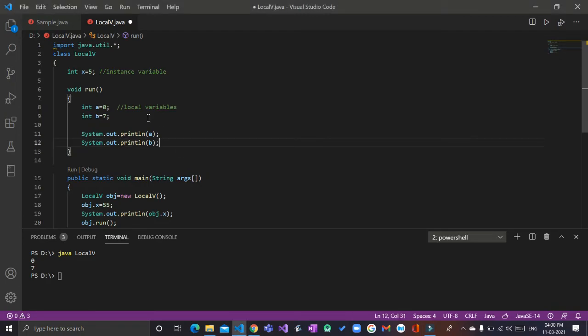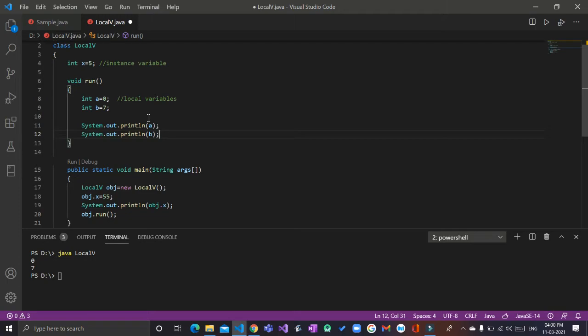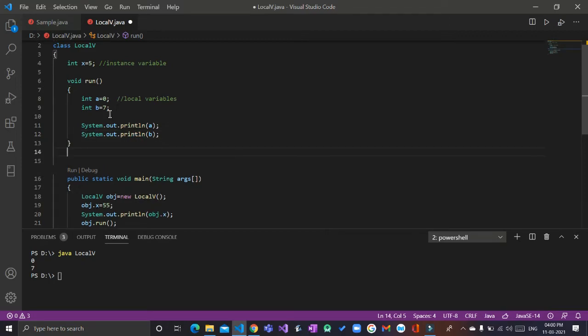Now let us talk about parameters, you can say arguments. What do you mean by that? If I tell you, your parameters and arguments are also your local variables only, okay, the only difference is that while declaring them you don't need to give some value to it, because that value is going to come from the function call. What do I mean by saying that? Let us just check it.